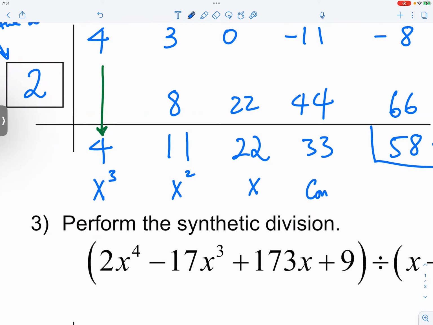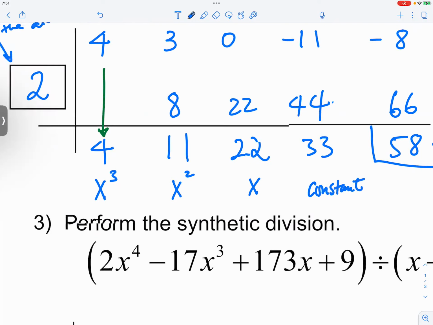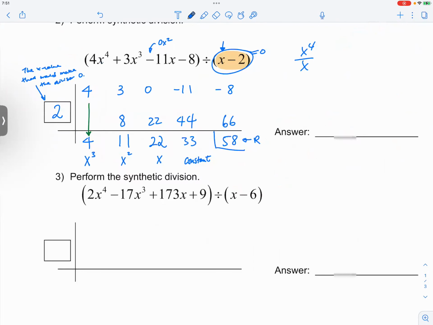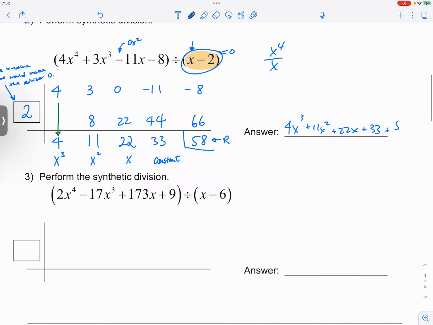And the 33 is the constant. The 58 will be our remainder. So what's our answer? The answer is 4x cubed plus 11x squared plus 22x plus 33, and then plus the remainder over